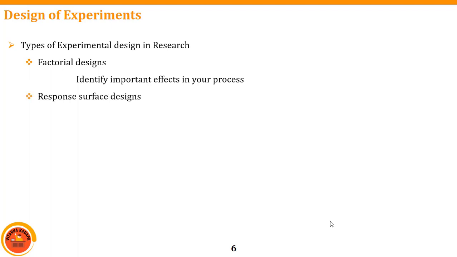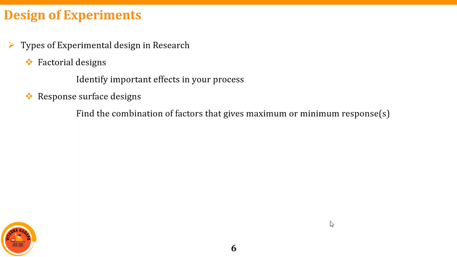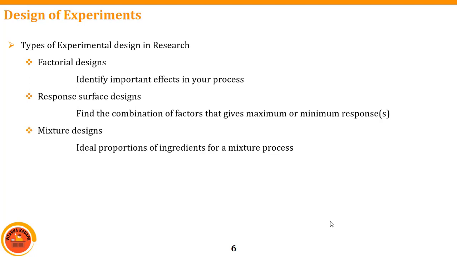Next, response surface design. It talks about the combination of factors that will give the maximum and minimum. So a curved surface will be there. Depending upon that, the chosen experimental design is going to climb the hill or come down the hill, to maximize or minimize the response, whatever the response may be. Then mixture designs. A mixture design talks about ingredients of various kinds of mixtures, like one factor at one level, another factor at 3 or 4 levels, like that.